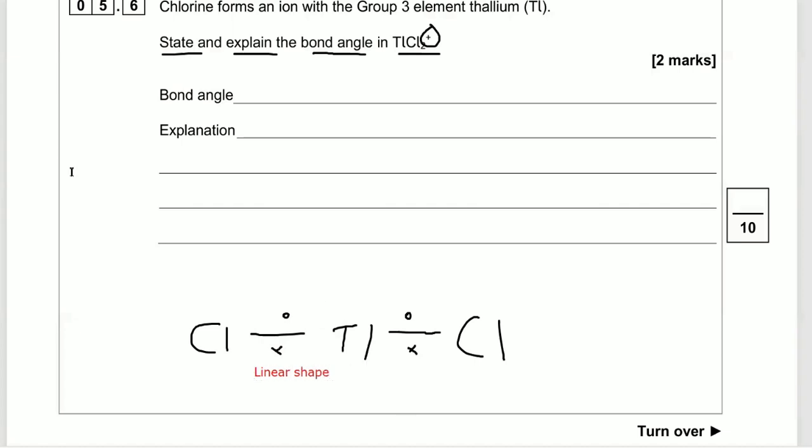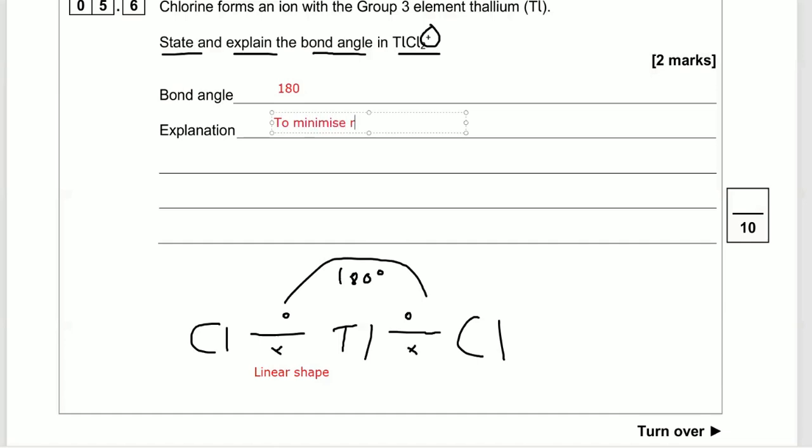And what's the bond angle on a linear shape? Well, the bond angle is going to be 180 degrees. And why is it 180 degrees? Well, that's the furthest apart the bonded pairs can get to minimize repulsion. So that's really all we need to put here. We didn't even need to say the linear shape. So we're going to say: bond angle is 180 degrees. And explanation,